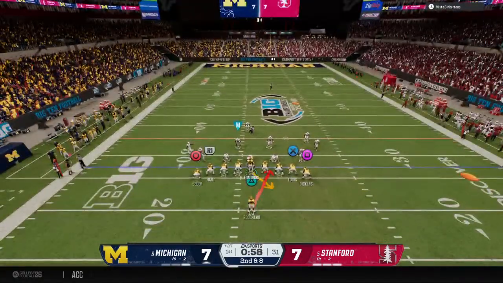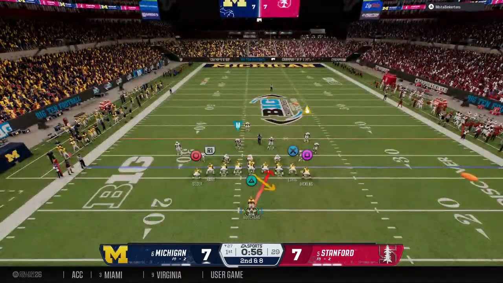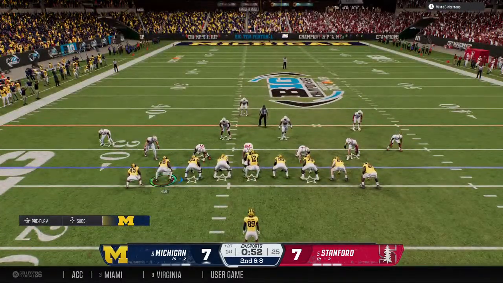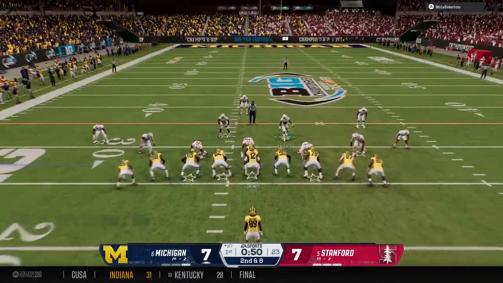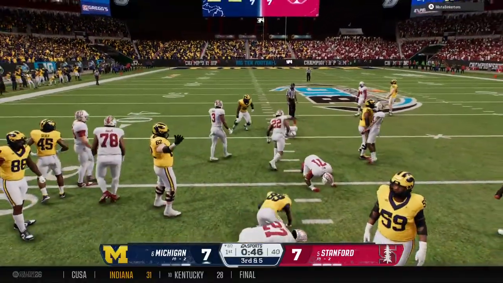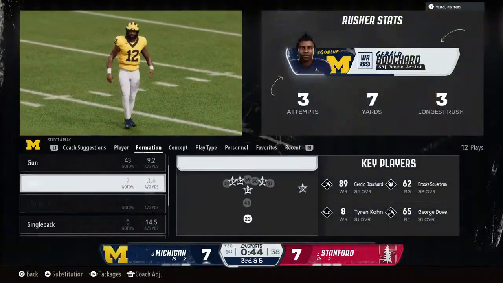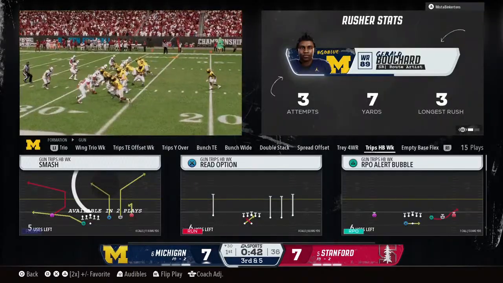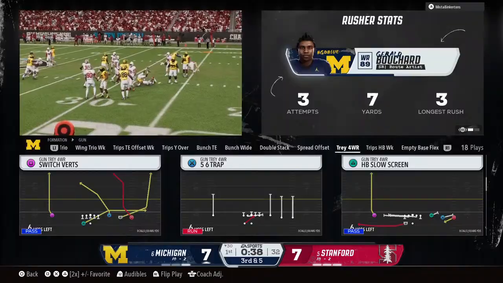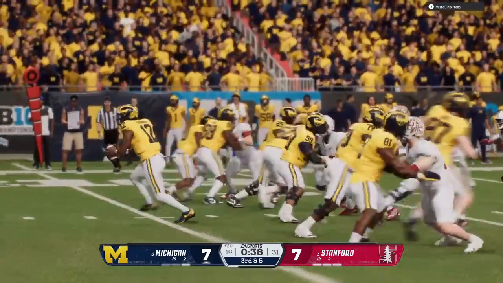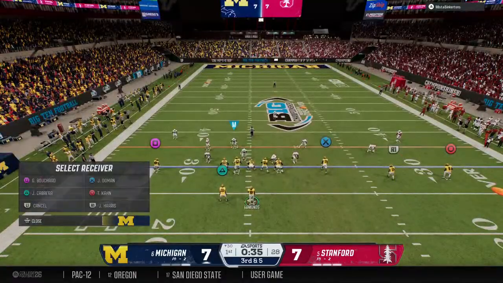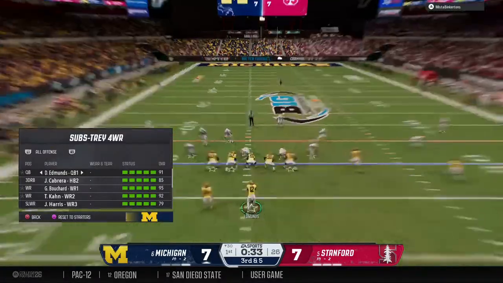That running game not producing much on the first down play. Breaks free. And just a short gain this time. They're able to get him down. It's a ball at the 30. This is a manageable 3rd down play for the offense.